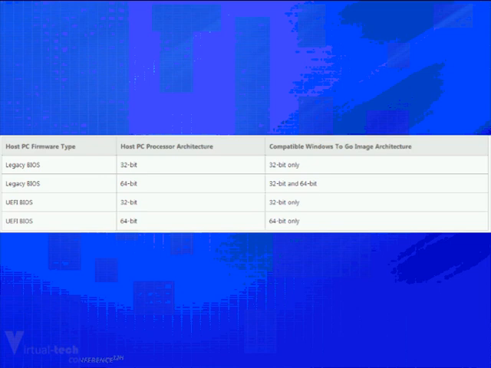But if you have a UEFI BIOS and it's a 32-bit host processor, you can only use a 32-bit Windows To Go image. But in UEFI mode, if your host processor is 64-bit, then you can only use a 64-bit Windows To Go image, unlike the legacy BIOS.